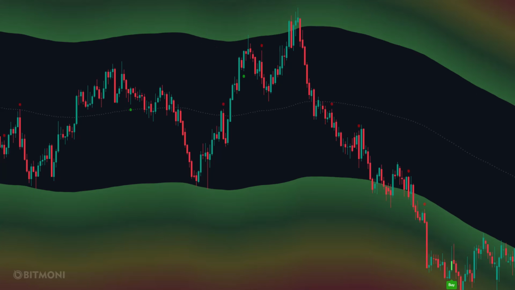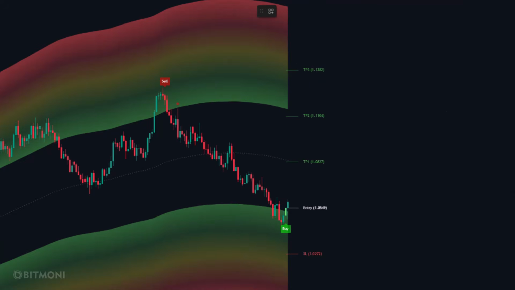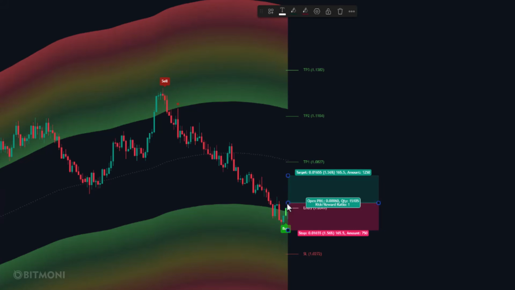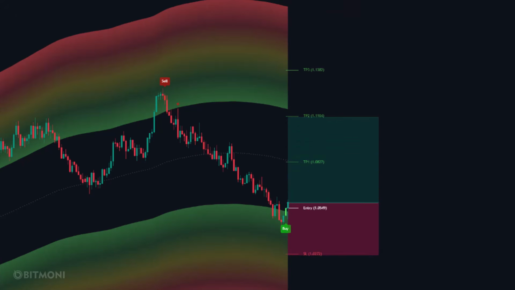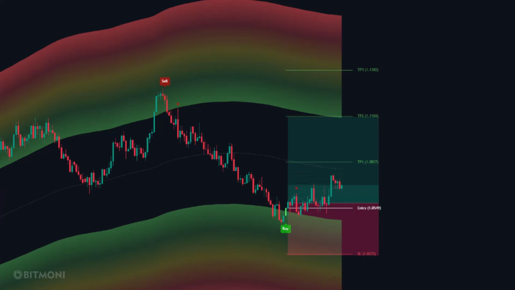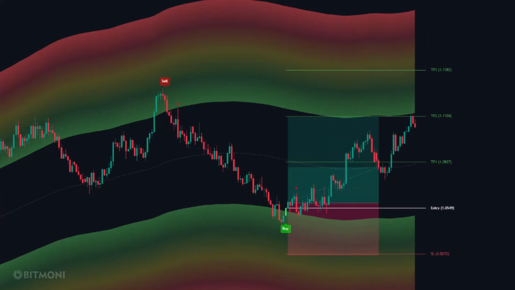Now, let's look at some examples. On this chart, we can see that price was previously in a downtrend. But as price got into the lower reversal band, it bounced on the green band, and the indicator printed a buy signal. Additionally, the indicator printed a bullish trade setup, which includes the entry level, stop loss level, and the TP levels. So, with all these presented by the indicator, we just go ahead and place a buy trade at the recommended price level, place our stop loss also at the recommended level, and our take profit at TP2. Then, watching the trade run, you can see how price pushed upward, eventually hitting our target and resulting in a